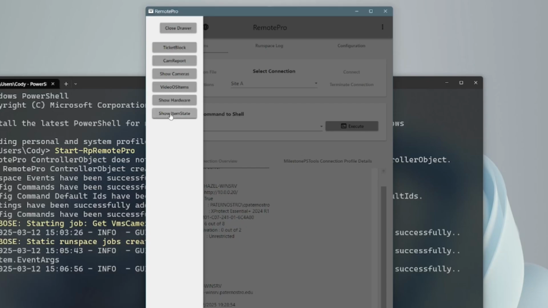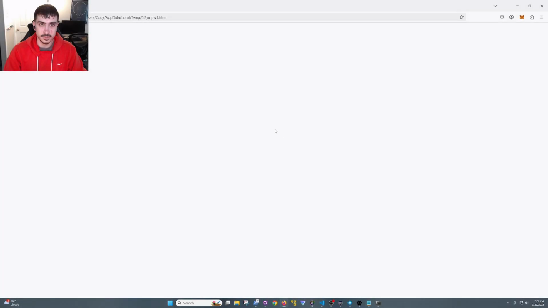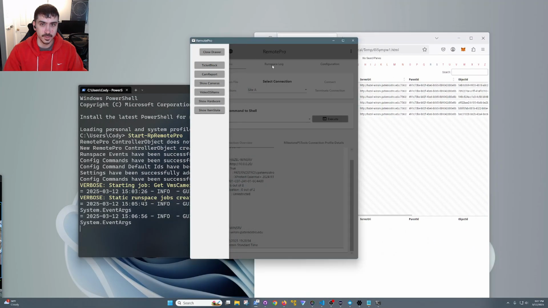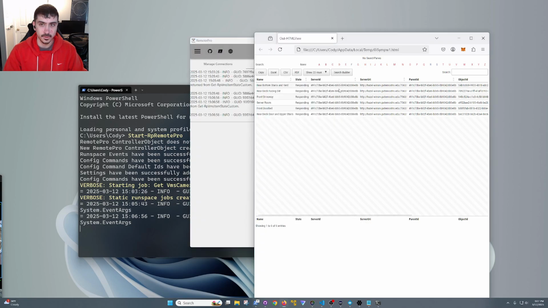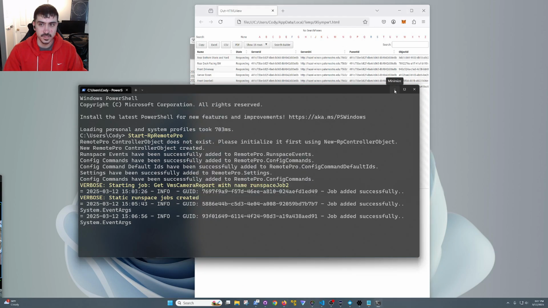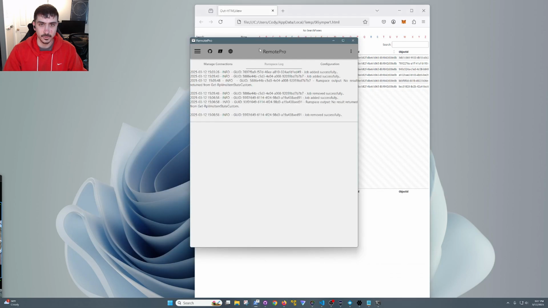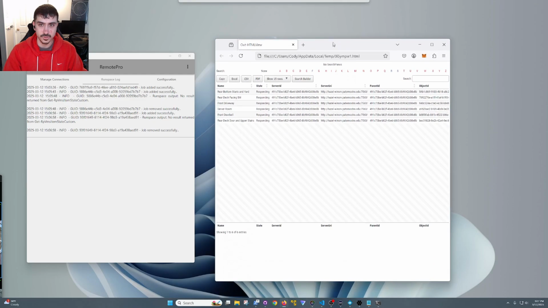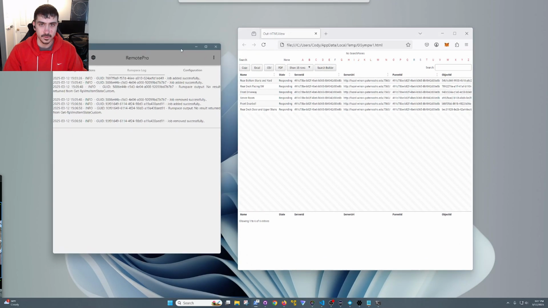I'm going to start out with this one and just hit show item state. And this is using PSWriteHTML, which is another PowerShell module. And I'm using that to actually display the results from this command in your browser. So it's just going to select whatever you have for your default browser, and it's going to output the information for you to view. So for instance, let's say we got rid of this window, our PowerShell window, and we just had these open. Let me get this to a decent size. You can see here,